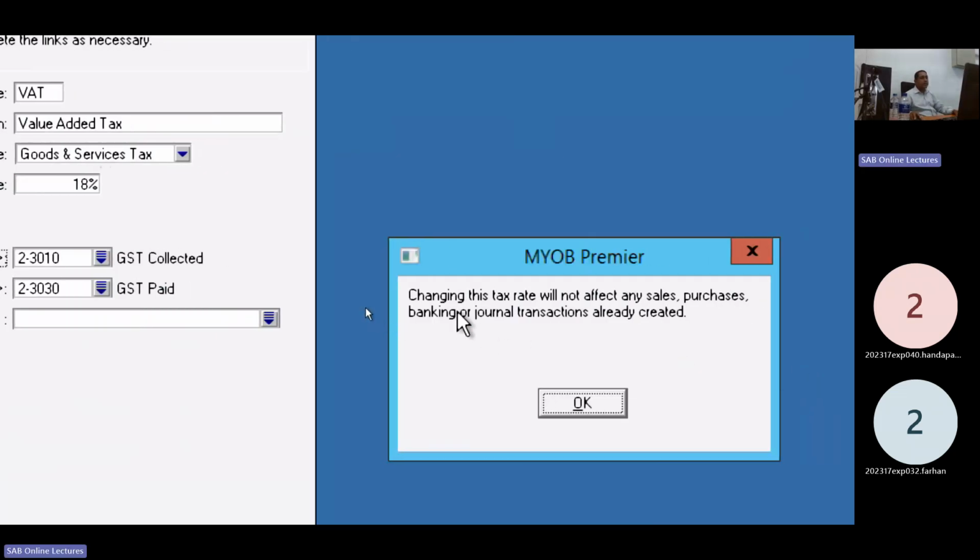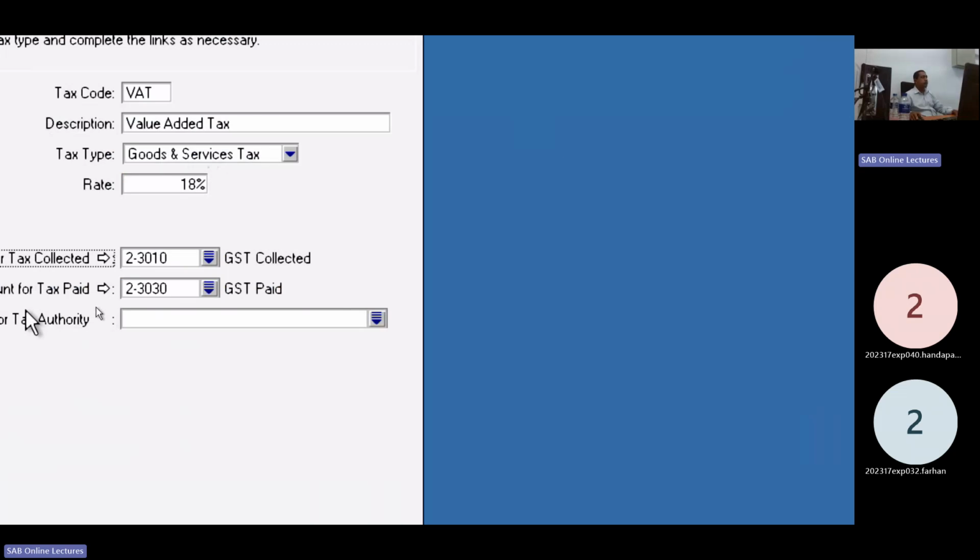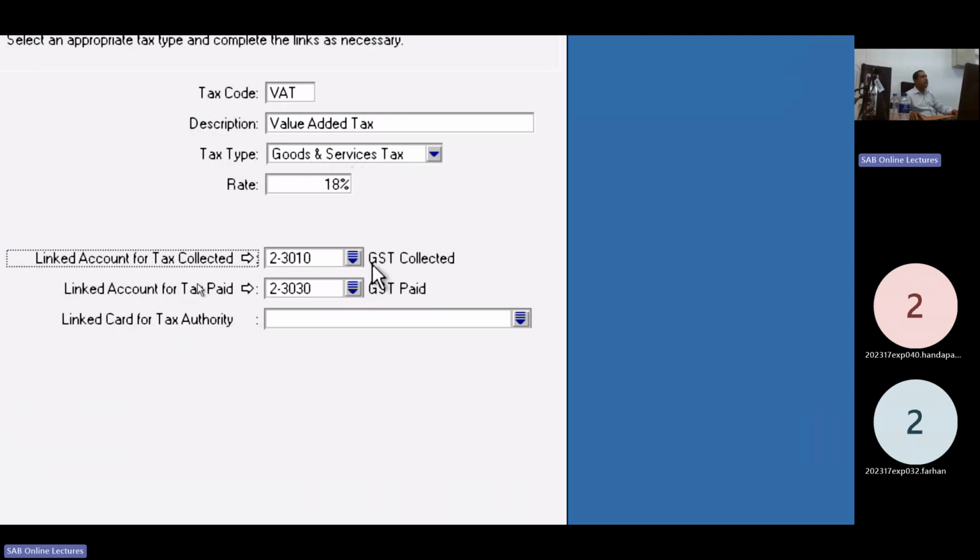The change in the tax rate will not affect any sales, purchase, bank or journal transaction already created. Click OK. Later we will amend the GST collected account and paid account in our balance sheet.